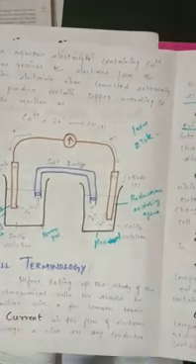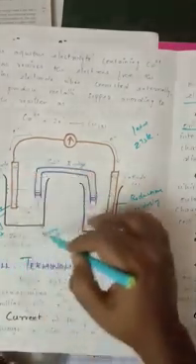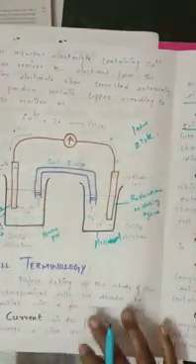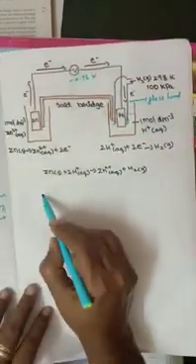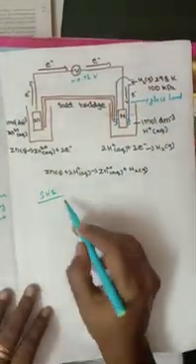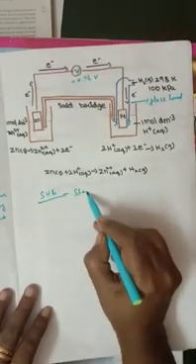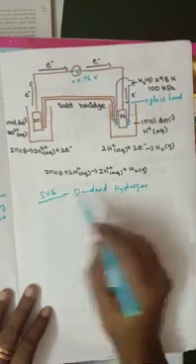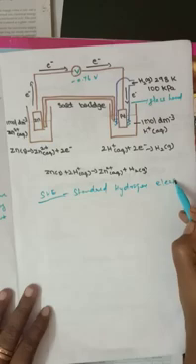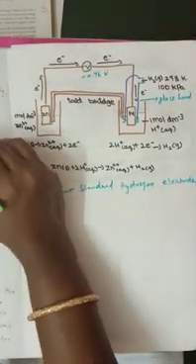Now suppose I am going to determine the zinc potential with the help of one more electrode, that is the SHE. What is the SHE actually? SHE is the standard hydrogen electrode. Simply we can write this as SHE. By the help of the standard hydrogen electrode, as I told you already, this is actually the Daniell cell.